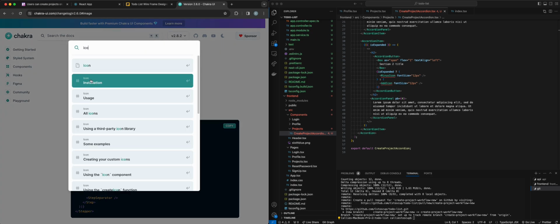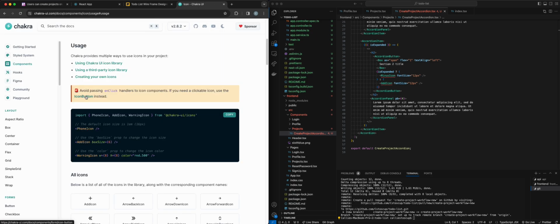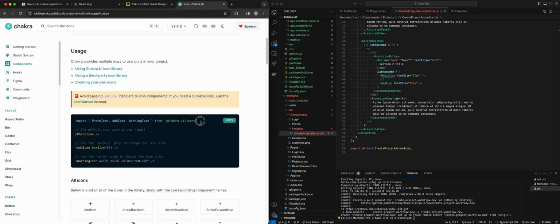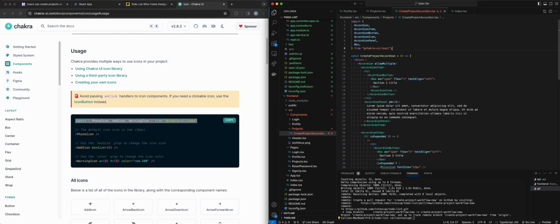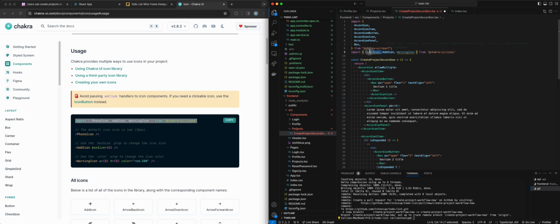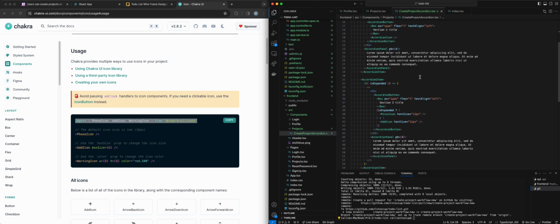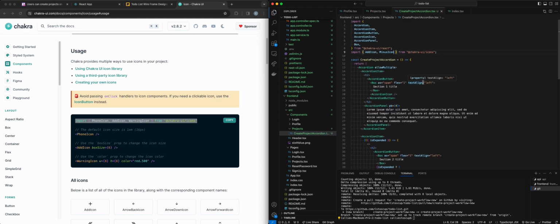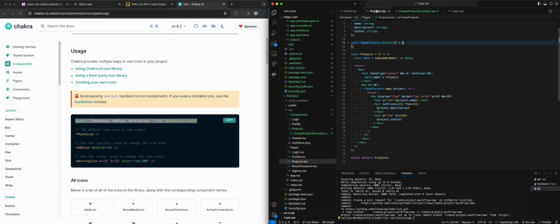Icon. Maybe icon usage. Okay, yeah, so this is gonna be what we need. And it looks like we're doing the add icon and the minus icon right now. All right, looks good. So then let's go to our projects page, and underneath our projects mapping, we